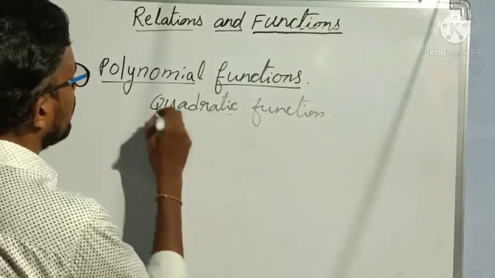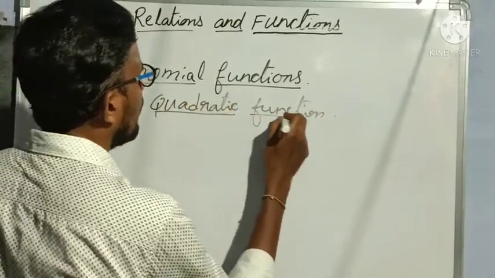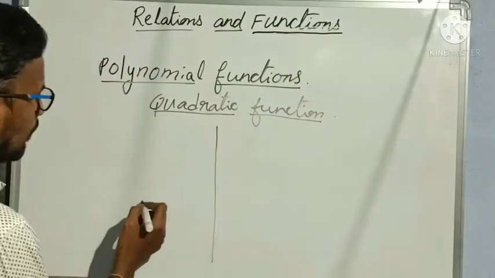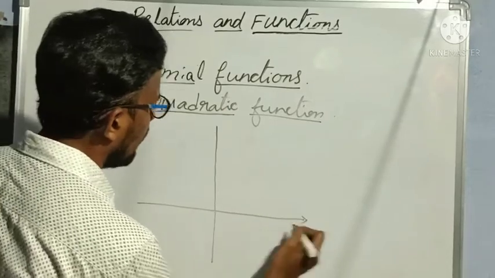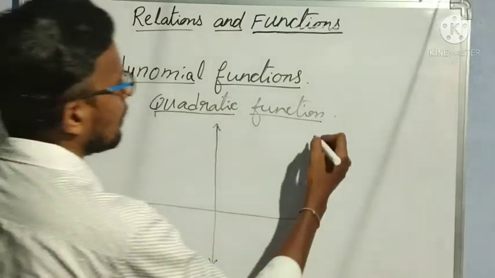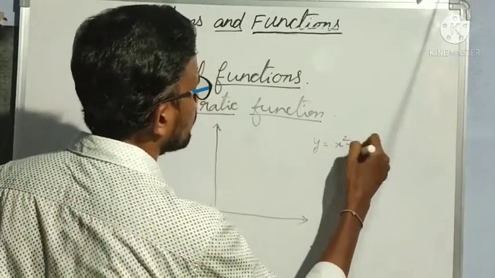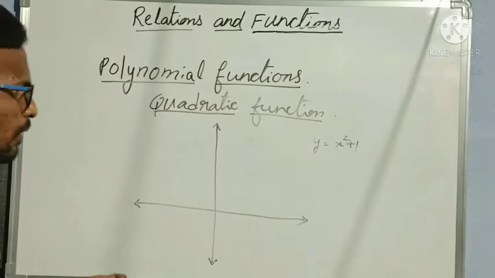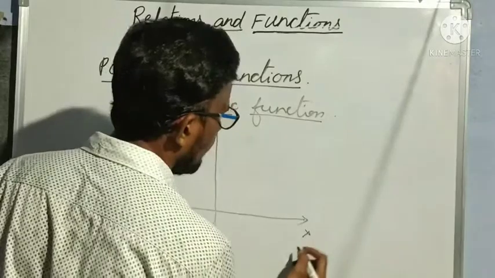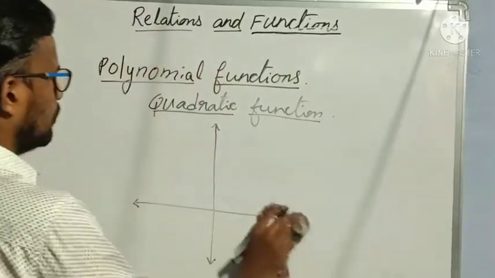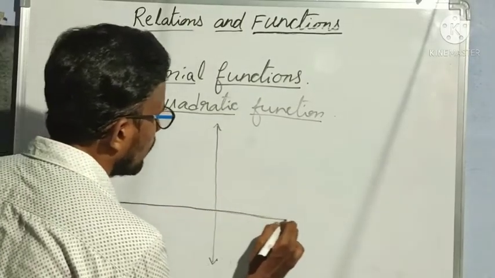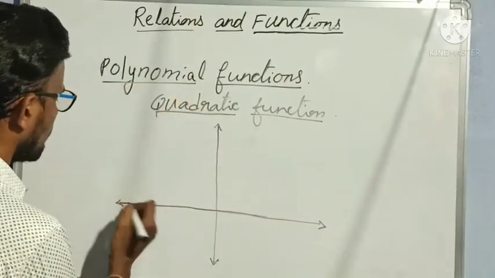Okay, so what are the relative values of quadratic function? Let us see now. For my example I am taking, already we have discussed y is equal to x square. Today let me change it as y is equal to x square plus 1. Now I will show how to plot the graph of y is equal to x square plus 1 also. Previously I have never said that. In today's class I will show how to plot the graph of y is equal to x square plus 1. In the same way you can plot the graph of y is equal to x square also.